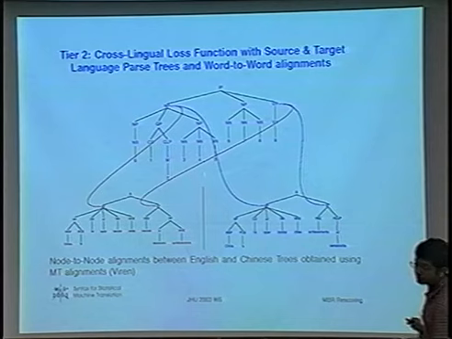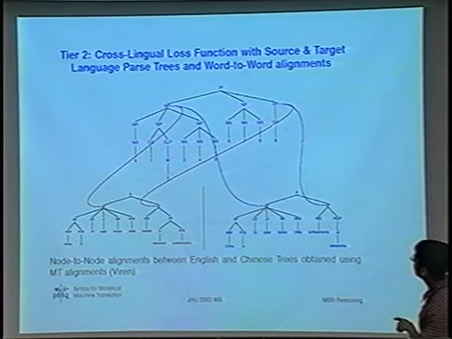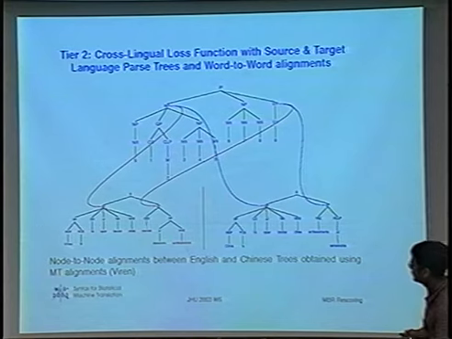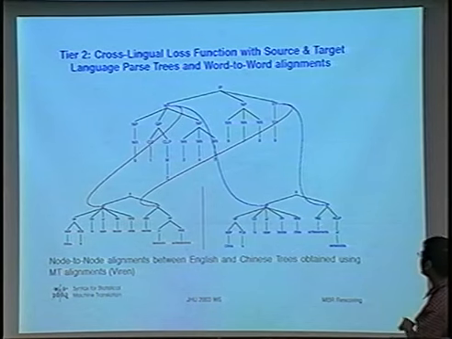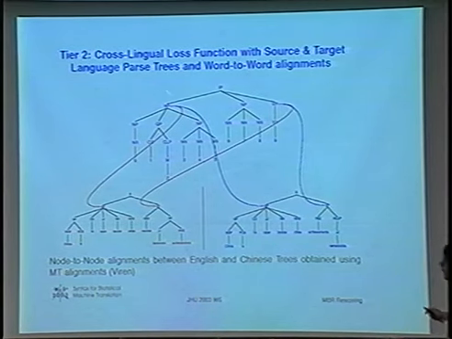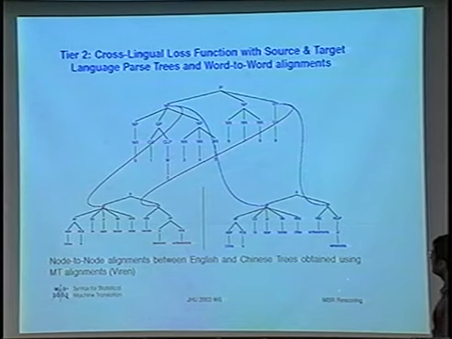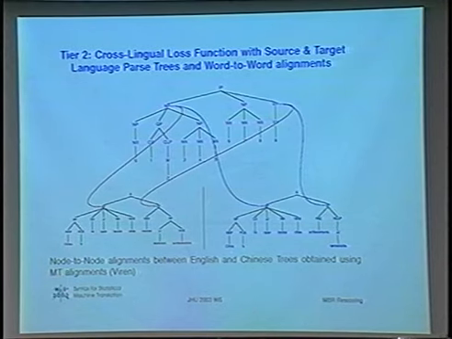So we have a Chinese parse tree. I have replaced Chinese words with the indices in the sentence, and you have two translations in the N-best list. This is the top candidate number 1, and this is some other candidate in the N-best list. And what we have are node-to-node alignments between the Chinese and the English trees. This is obtained using the approach described by Viren, where we use word alignments on the leaves and use the minimum spanning ancestor to find the node which covers these leaves.